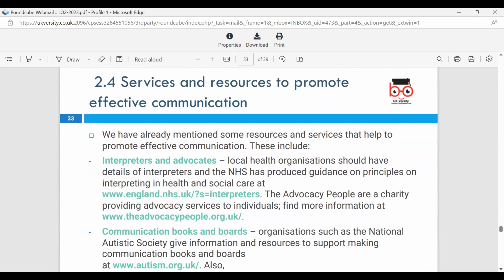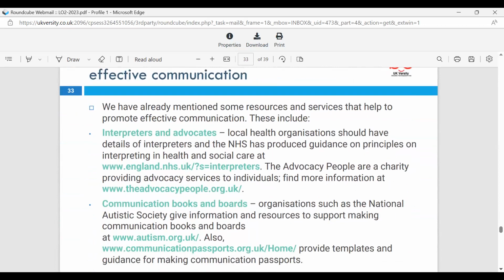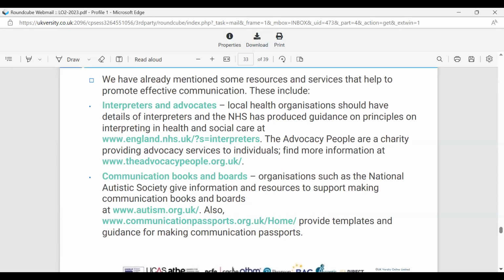2.4 services and resources to promote effective communication. We've already mentioned some resources and services that help to promote effective communication. These include things like interpreters and advocates, which local health organisations should have details of, and the NHS should have their own guidance on interpreting in health and social care, and that is on the NHS website. The advocacy people are a charity providing the advocacy service to individuals, and they have their own website, which is called